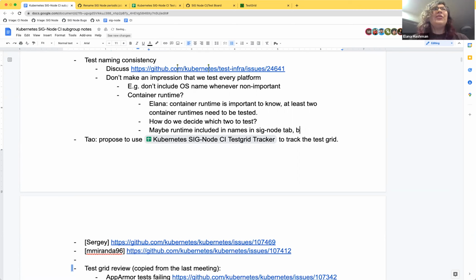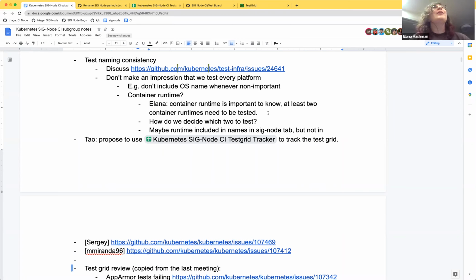We have some data in terms of what runtimes people are using. I think it's majority containerd, not including Docker shim, followed by CRI-O, and then everything else is in teeny tiny buckets. So that's potentially also a data point to consider. We don't want to test a runtime that 1% of our users use in upstream Kubernetes CI, because it's not going to come up in the majority of CI scenarios.